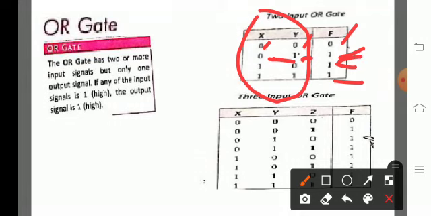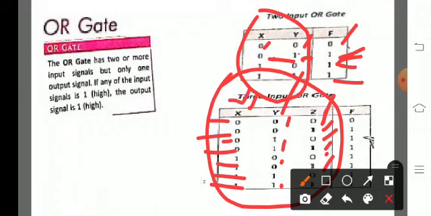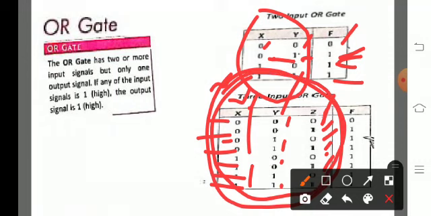Okay. For 3 variables, you know we have 8 combinations. So we have to draw the 8 combinations first. First column is 2 to the power of 0, so 0, 1, 0, 1, 0, 1: 1 time 0, 1 time 1, like that. Second is 2 to the power of 1, that is 2: 2 times 0, 2 times 1, 2 times 0, 2 times 1. Then 2 to the power of 2, that is 4: 4 times 0, 4 times 1. So you just have to write these 3 columns.